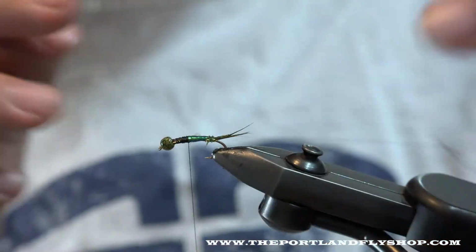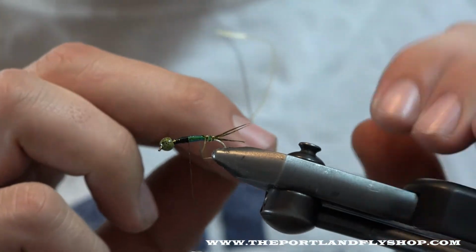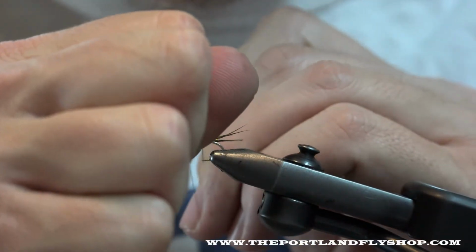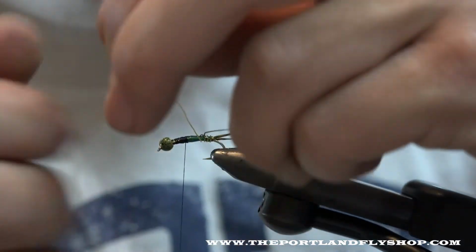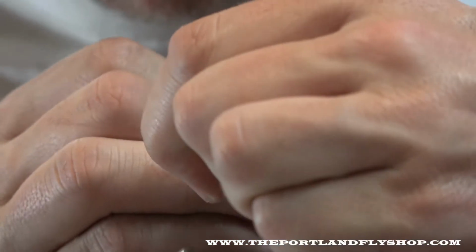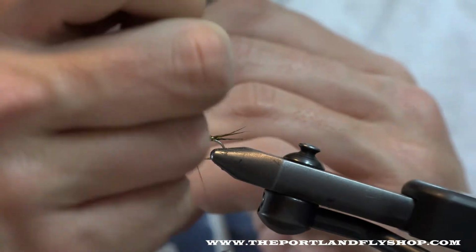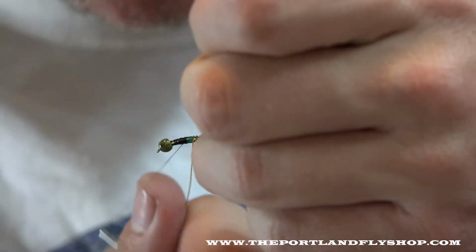And if you see I'm not weaving this tight, I'm leaving a gap, and you'll be able to see that gap here real well in a sec. You can't really see what I'm doing here. I'm going to go back up top so it doesn't look all ganked up. Let's see, what did I do wrong? Oh, yellow. Olive over the top. I just tied one of these perfectly too, but that camera came on and